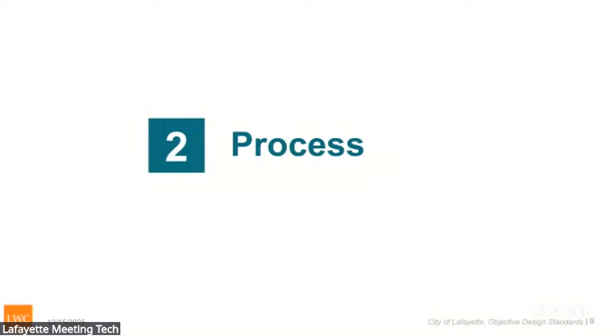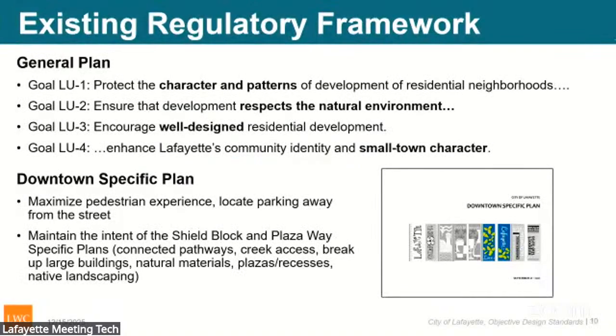Okay, we'll talk a little bit about the process that we've gone through. First and foremost, we've got to make sure that we're consistent with all the policies that are on the books. So we documented and combed through relevant land use policies to make sure that we're consistent with what these guiding principles and policies are that this community has already established. We looked through all applicable zone planning documents. So the downtown specific plan and all the policies and the design guidance provided within.